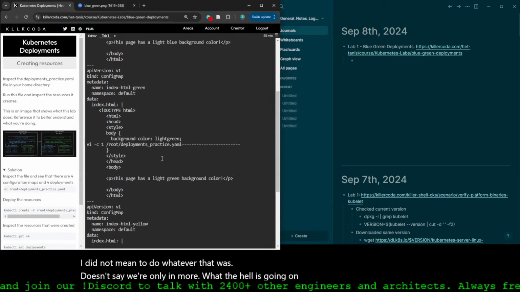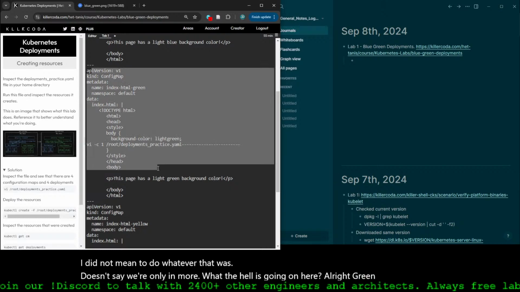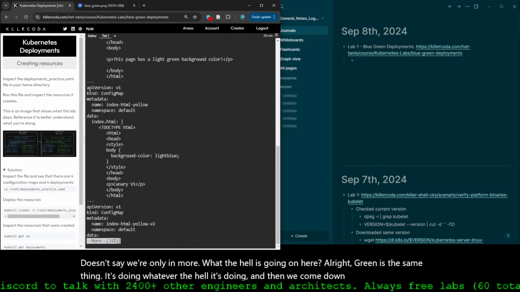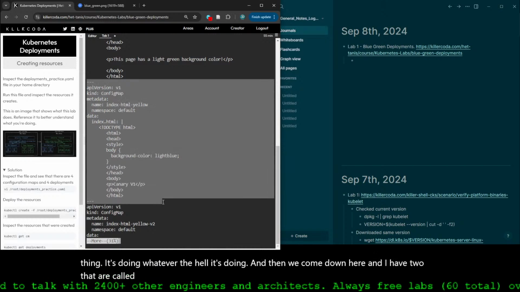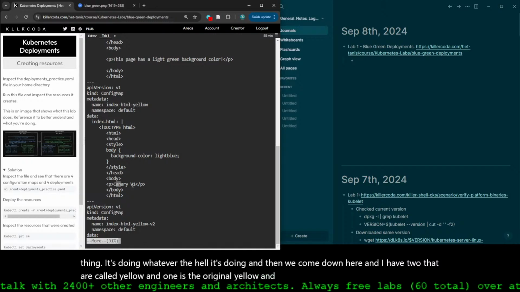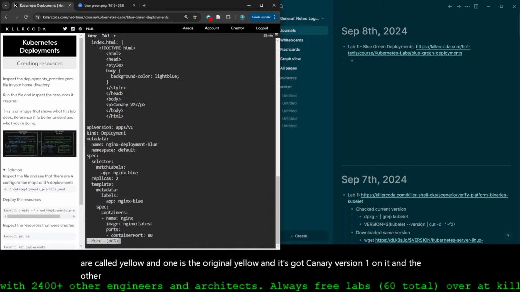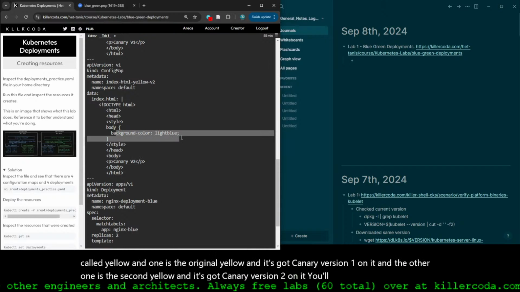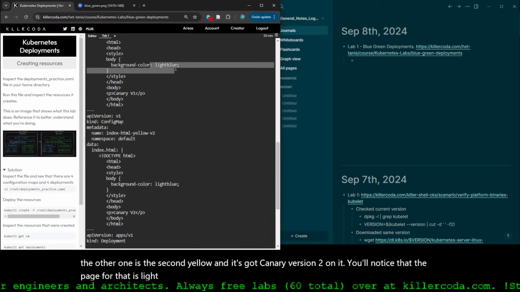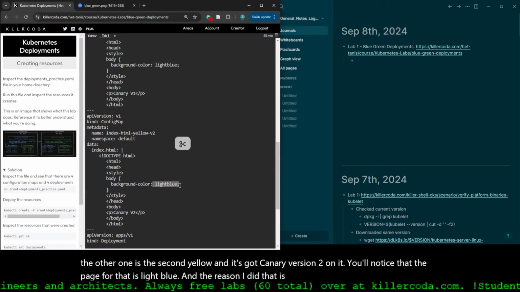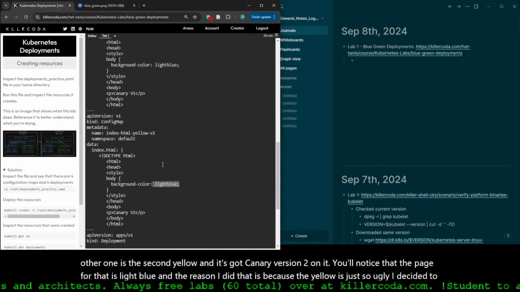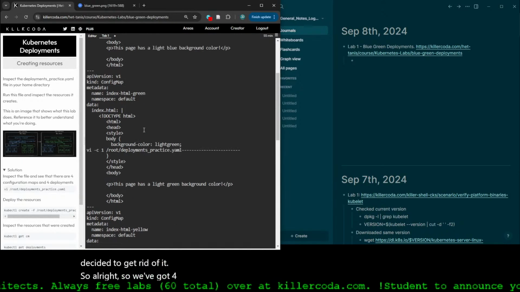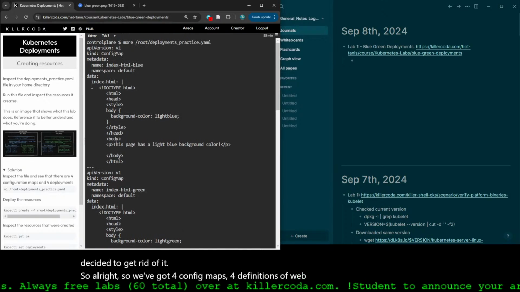All right. Green is the same thing. And then we come down here, and I have 2 that are called yellow. One is the original yellow, and it's got Canary version 1 on it. And the other one is the second yellow, and it's got Canary version 2 on it. You'll notice that the page for that is light blue. The reason I did that is because the yellow was just so ugly, I decided to get rid of it. So we've got 4 config maps, 4 definitions of web pages